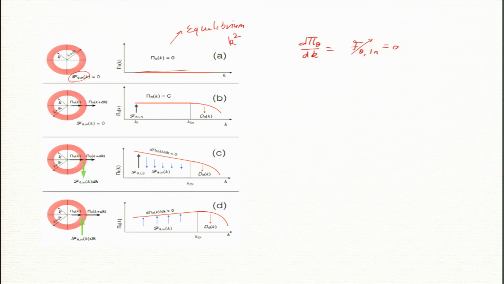Remember, if every mode has the same energy, then the shell spectrum must be k squared, right, because the area of the shell is k squared. So, the prediction is E theta of k is k squared for the equilibrium scenario. Okay. Now, this is one scenario which follows from variable energy flux, which I like very beautifully.